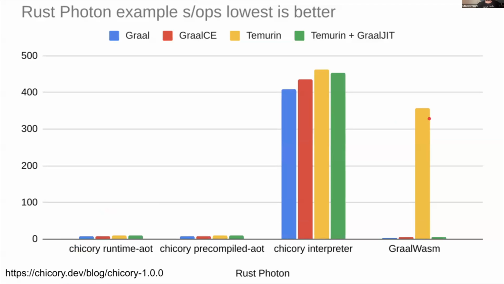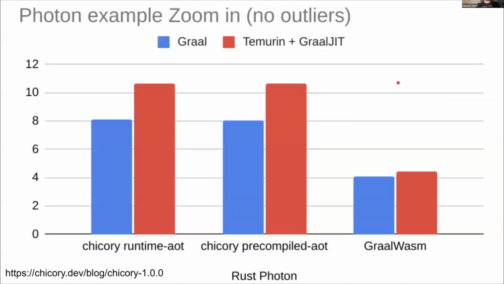And surprisingly, or not, Graal Wasm is still getting worse performance on Temurin because the JIT compiler, the specialized JIT for Graal, is not available. Performance is better than the Chicory interpreter, but not by a long gap. And this is just zooming in to show the Graal Wasm running on Graal and Temurin. When you actually zoom in, it's better than Chicory. But as I mentioned, there's space for improvement because we didn't really do any special work to make Chicory fast